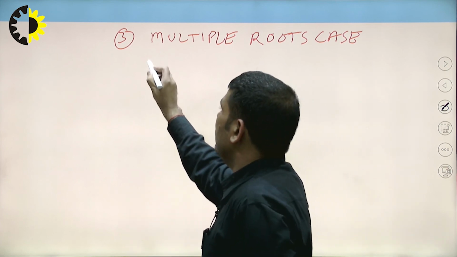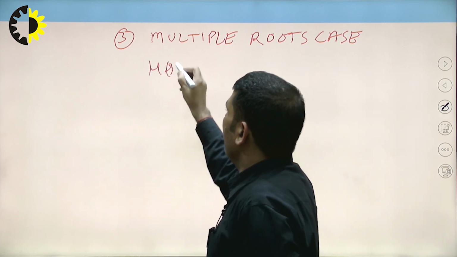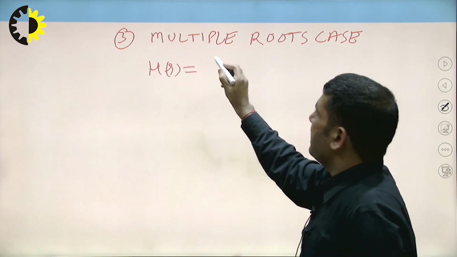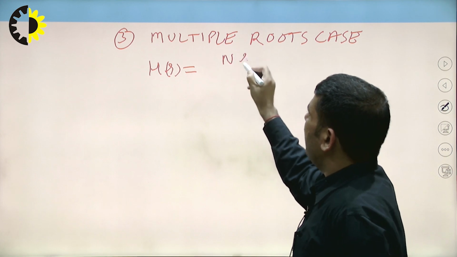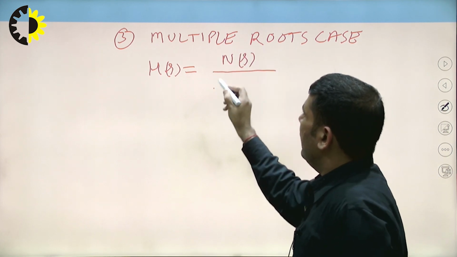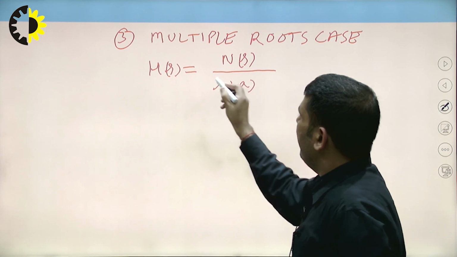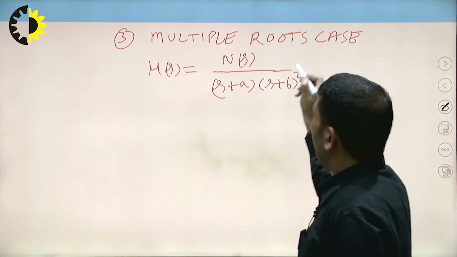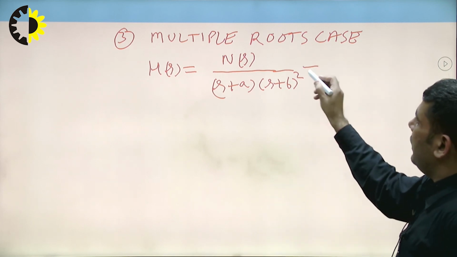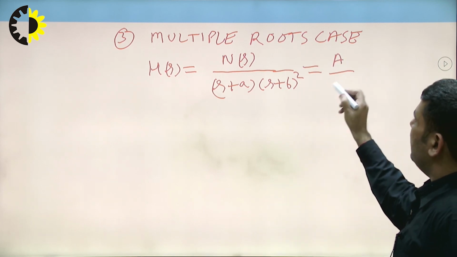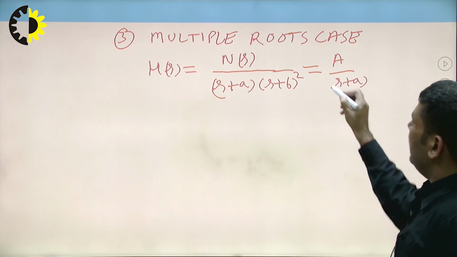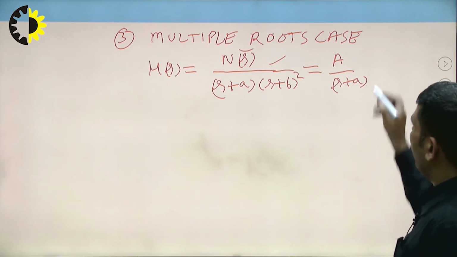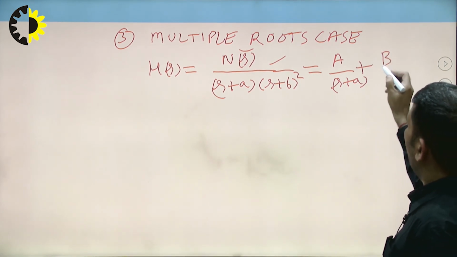H(s) is equal to N(s) upon (s plus a)(s plus b) square. So you will write down like this: A over (s plus a). We are assuming here that this is a proper function, by default, plus B over (s plus b) square